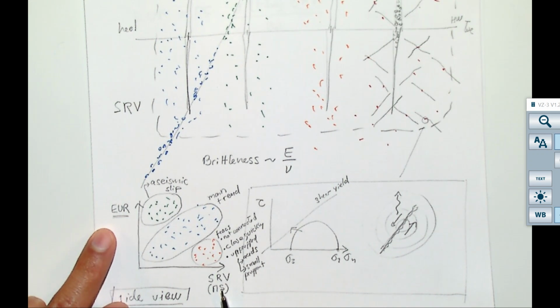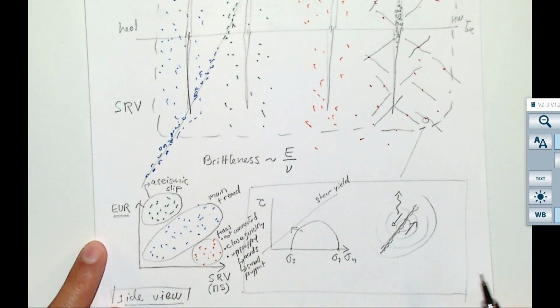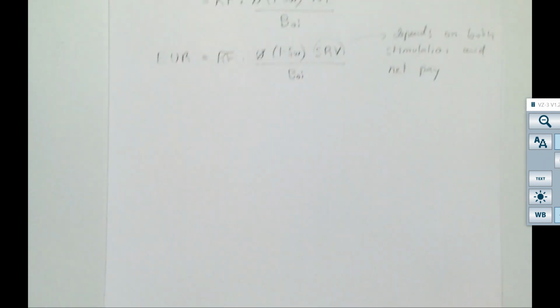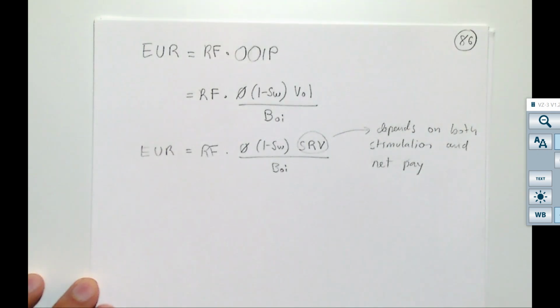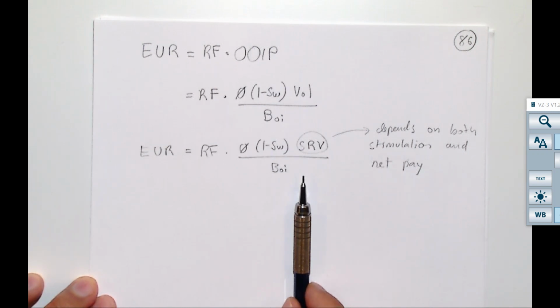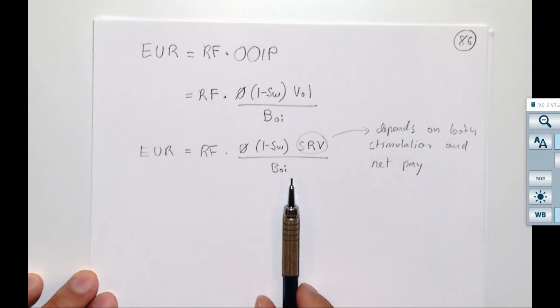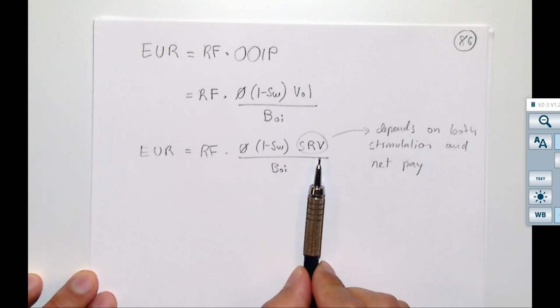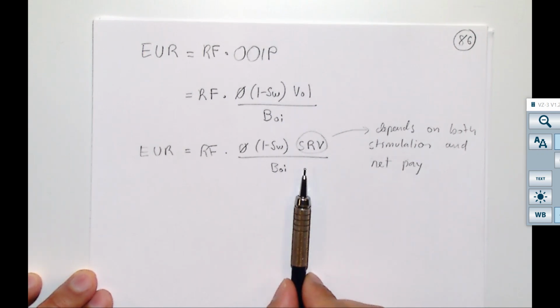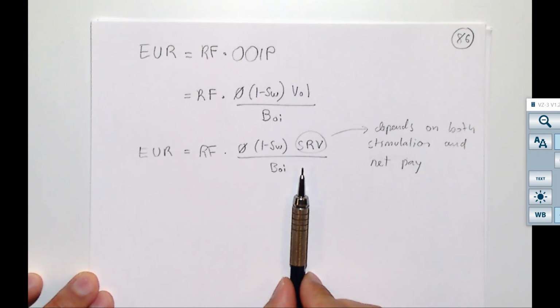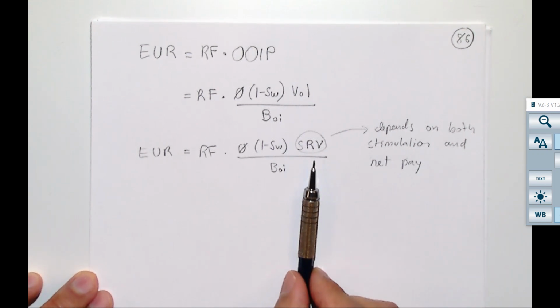stimulated reservoir volume. And if you do that, you can calculate EUR based on the typical equation that you use for conventional formations, but now you have to take into account that the volume is going to be the SRV. And it's not directly the volume of the net pay. That could give you, in general, your recoverable oil